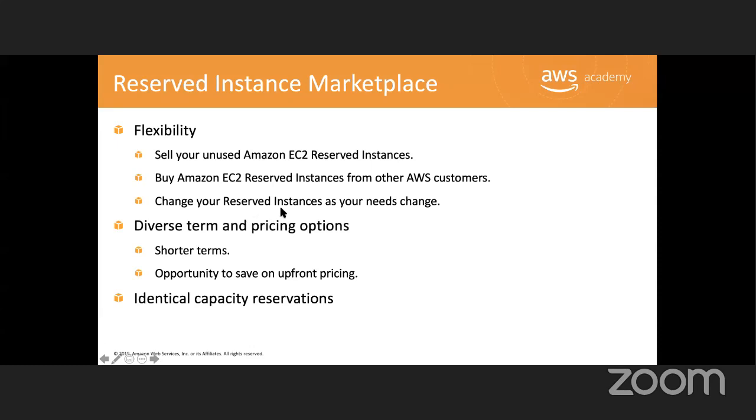You can change your reserved instances as your needs change, right? Convertible. Diverse term and pricing options. Shorter terms. Opportunity to save on upfront pricing. Identical capacity to reservations. In this case,